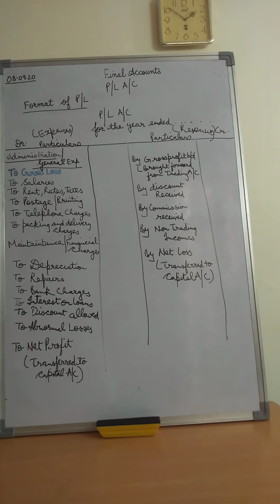So children, all the incomes accrued but not received, kindly note, all the incomes which have accrued but they are not received are added, and all the incomes received in advance are deducted from the income. Say we have received commission in advance, so we would deduct it from that income. But if there was an accrued interest, we have not received it, we would add it into the interest.